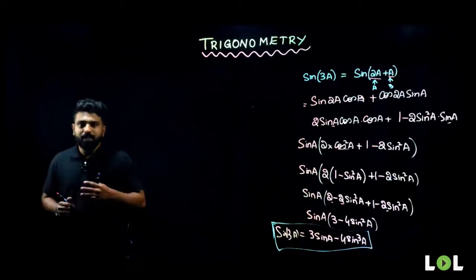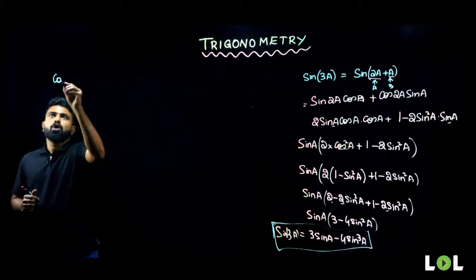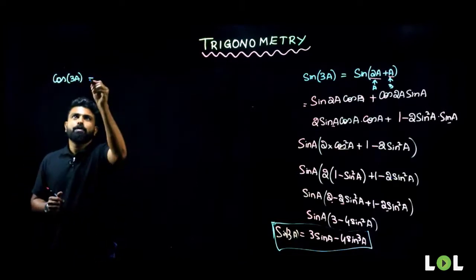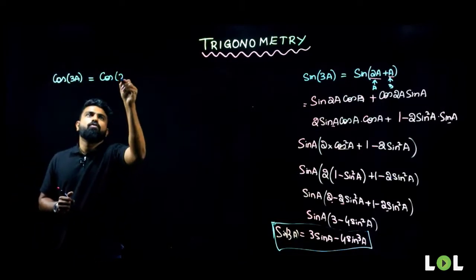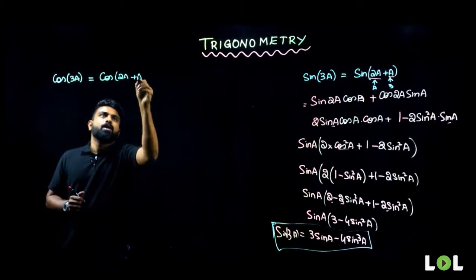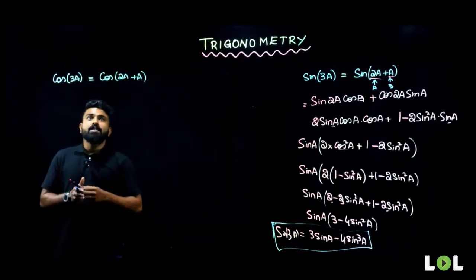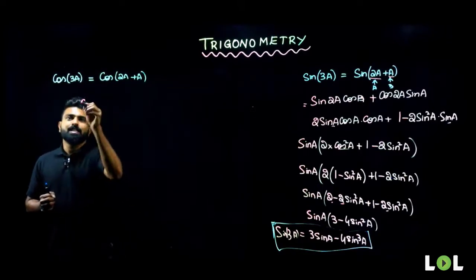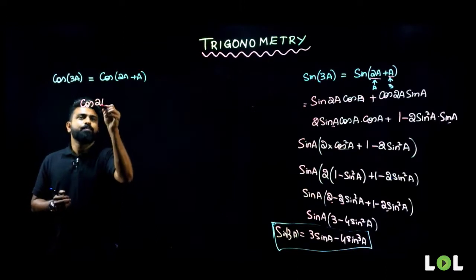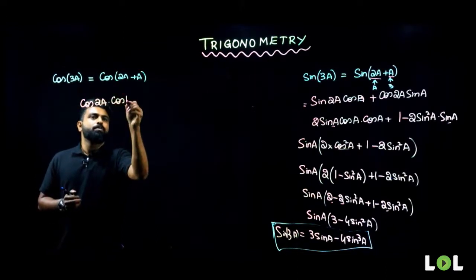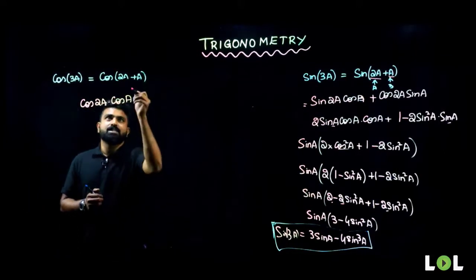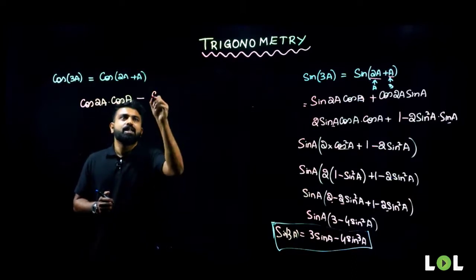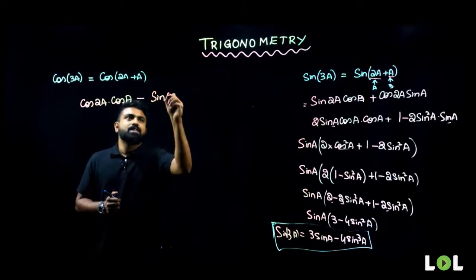So next, what will we be deriving the formula for? We'll be deriving the formula for cos of 3a. How can I write my cos 3a? I can also write my cos 3a as cos of (2a plus a). Now carefully observe this. This is of the form cos of (a plus b). Now what is the formula for cos of (a plus b)? It is nothing but cos a cos b, minus, whenever you have a positive sign here, it is negative in the cos of (a plus b) formula, minus sin a sin b, sin 2a,